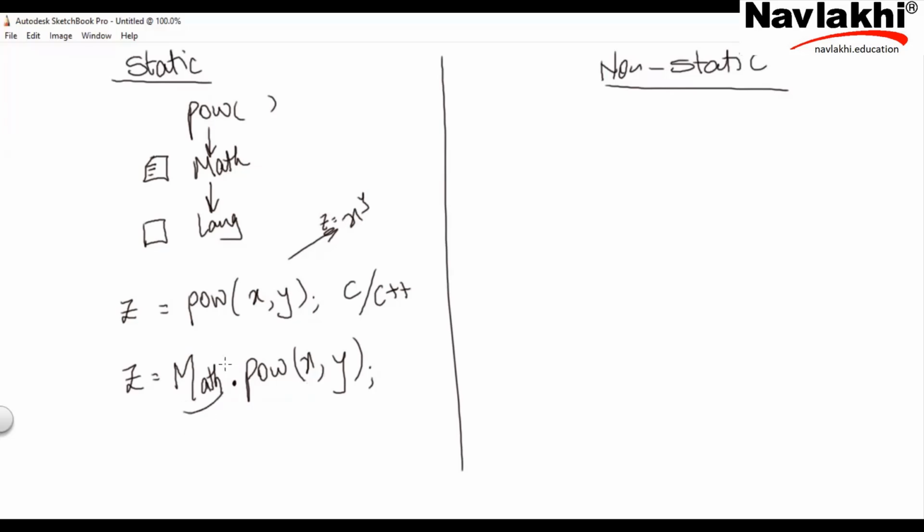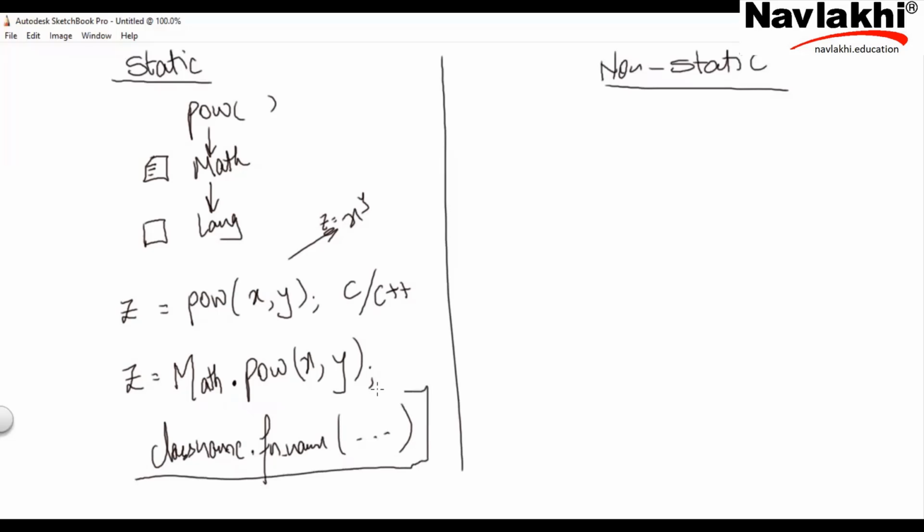If it is static, then what precedes the dot is the class name. And obviously the left-hand side, if there is one, is a different thing. In simple words, the format of calling a static function is class name dot function name. And then whatever the parameter list is, that would vary from function to function. This is how you call a static function.